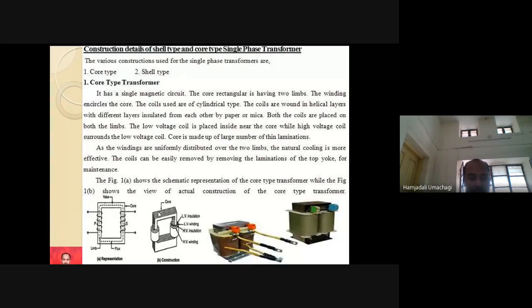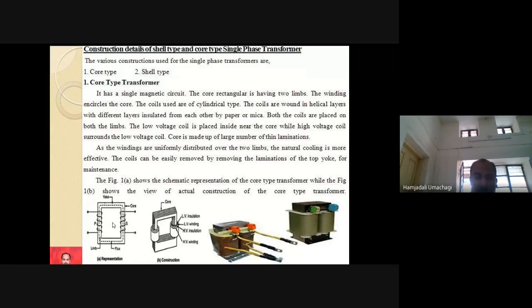All these are thin iron plates which are stacked together, and all together they give a rectangular shape, which we call the core. And these are the primary winding and secondary winding. In between primary and secondary winding you have some insulation. LV stands for low voltage, and HV stands for high voltage. So in real time, how this core type transformer will look, you can see. This is your real time single phase core type transformer, which has only one single window, meaning this rectangular empty portion.